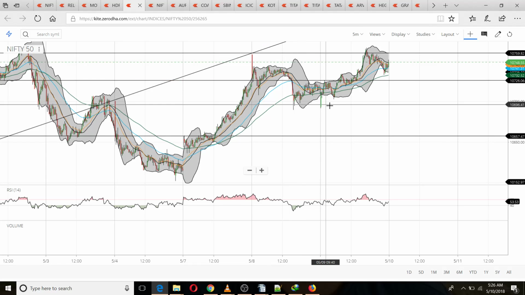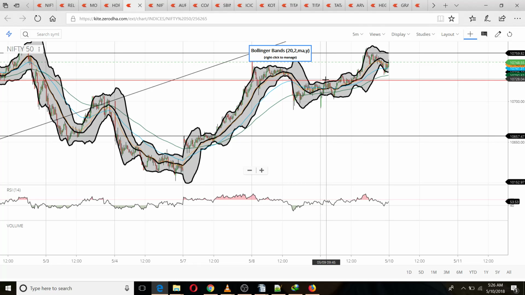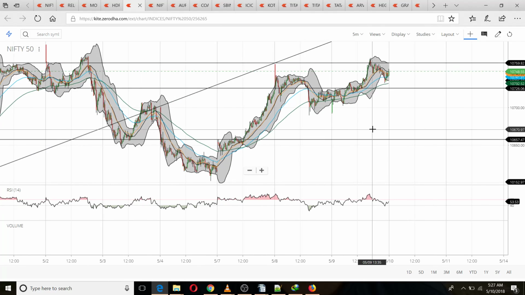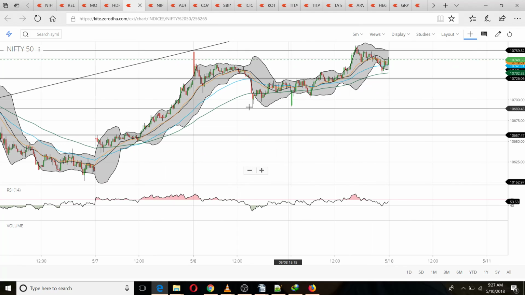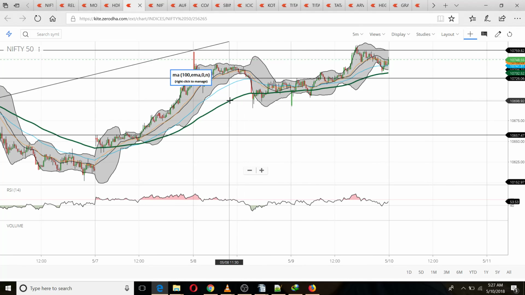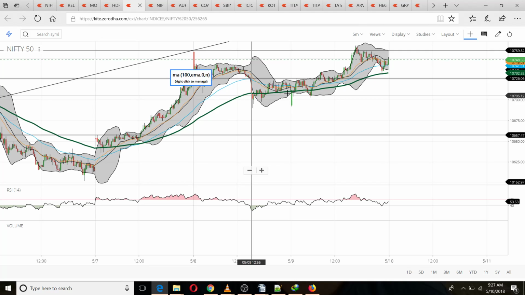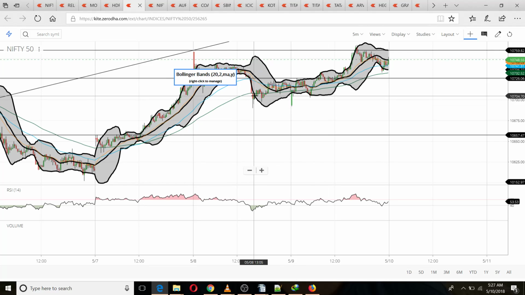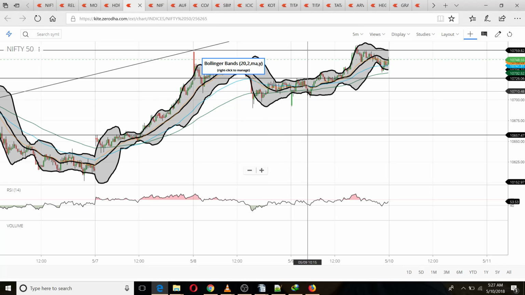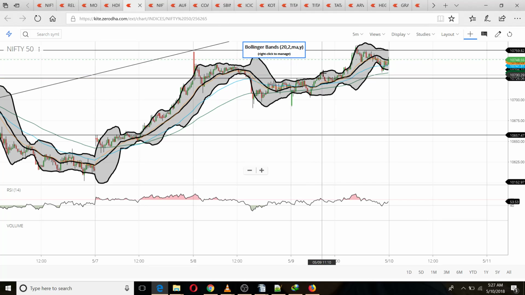Yesterday it gapped down, and this gap down is where I booked my profit. Then again I was looking for a shorting opportunity. I thought of shorting here, but then I thought no, let's wait for some more time to get a confirmation. Intraday, what I saw is that this 100 EMA is where it was taking support. It has taken support here, here, and yesterday also it just went a tad below it, and then it took support and went up.